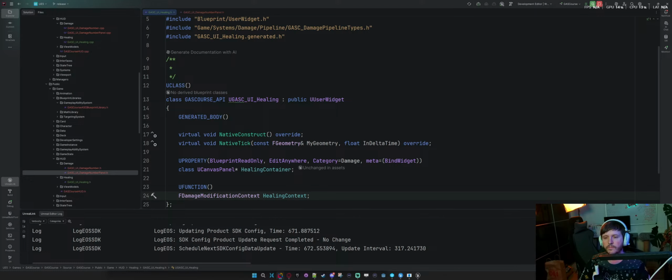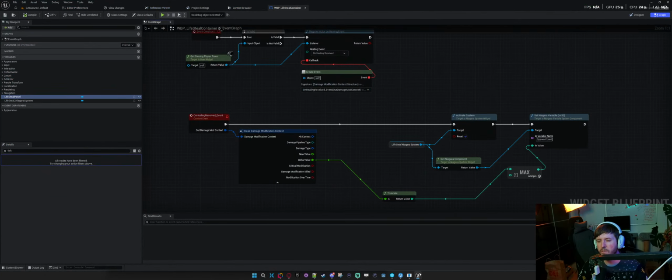Healing context. Should be on healing event, right? Don't know if that's right.